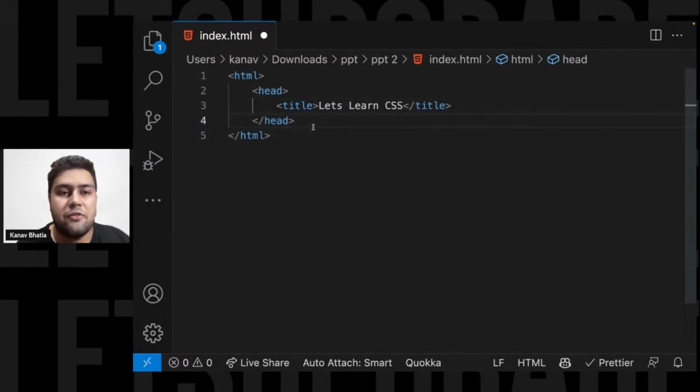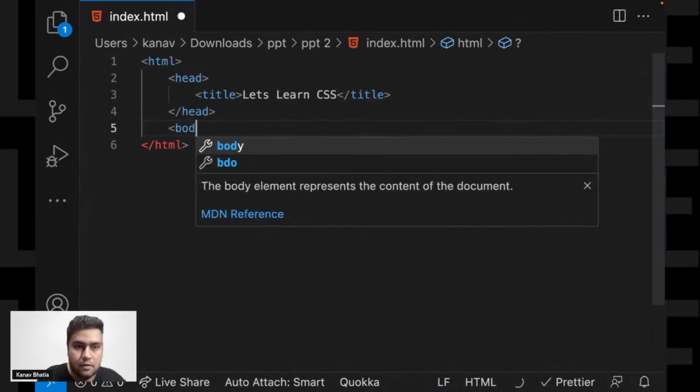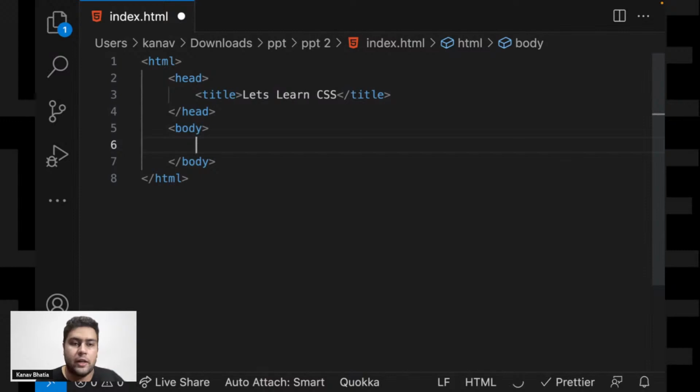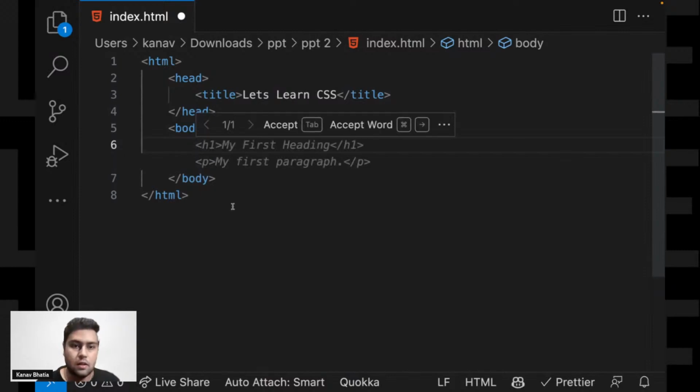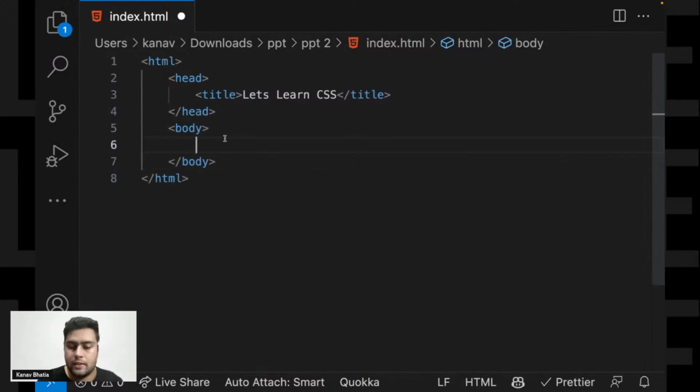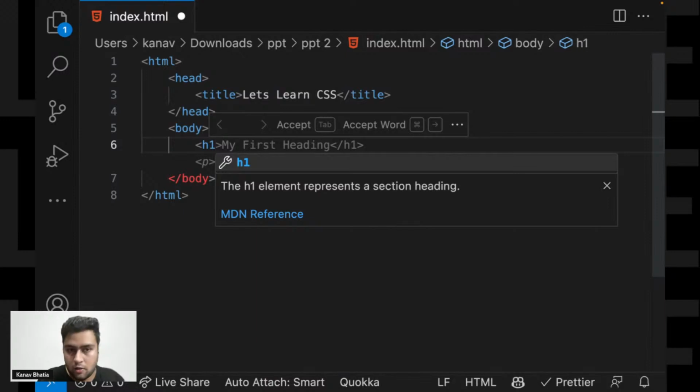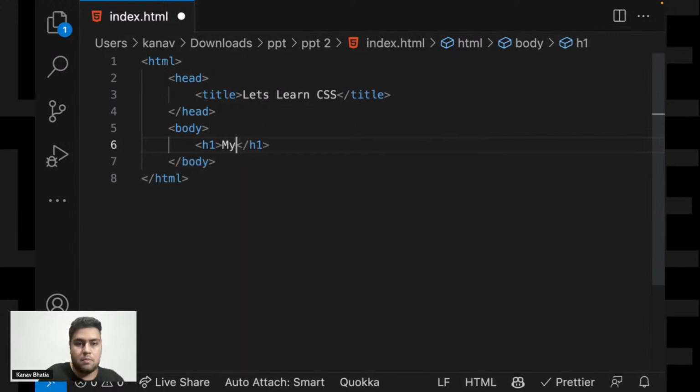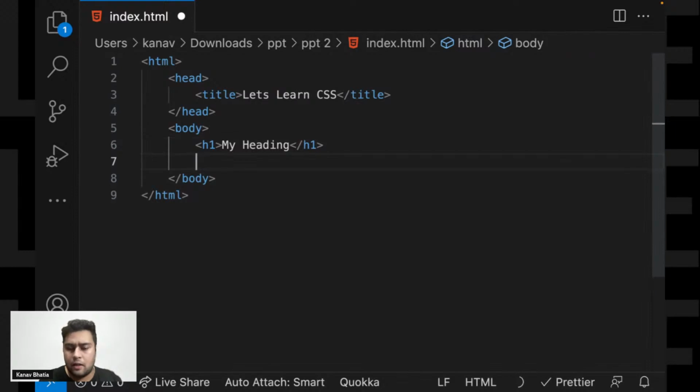After that, we create a body, and this body tag will have anything. Let's create a heading on this, my heading. And let's create a paragraph beneath it saying,